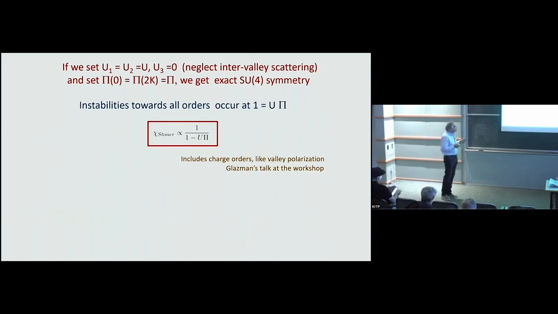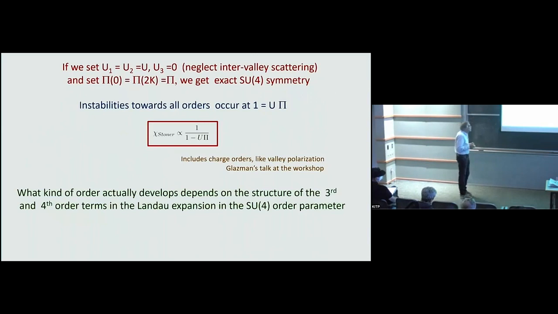So long story short, there is one condition for all the 15 order parameters, interaction times polarization operators, and then we have a standard Stoner story. If we allow interaction to be such that u pi is larger than 1, we get instability. The question is what kind of instability we get. On a first glance, you have complete symmetry between 15 order parameters, and of course, any quadratic Landau function will just have a square of these 15 order parameters, but it doesn't mean that any combination of the 15 will eventually develop, because it all depends on the form of the Landau functional for symmetric order parameter